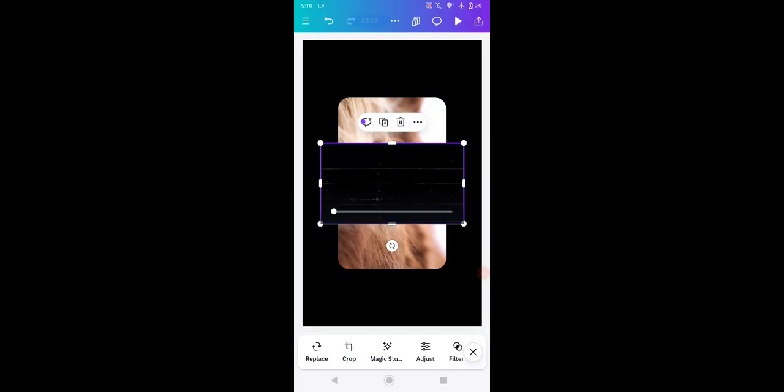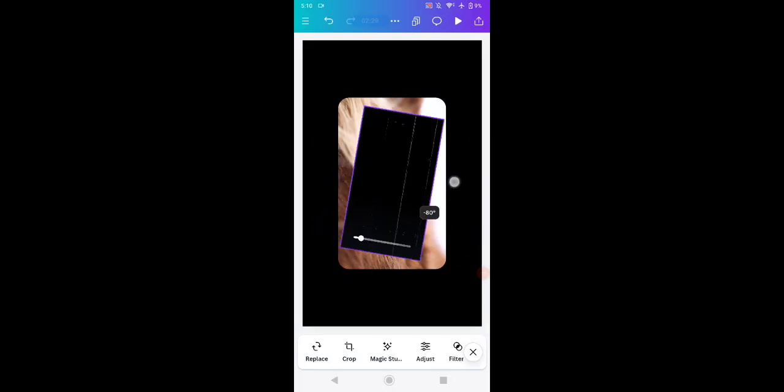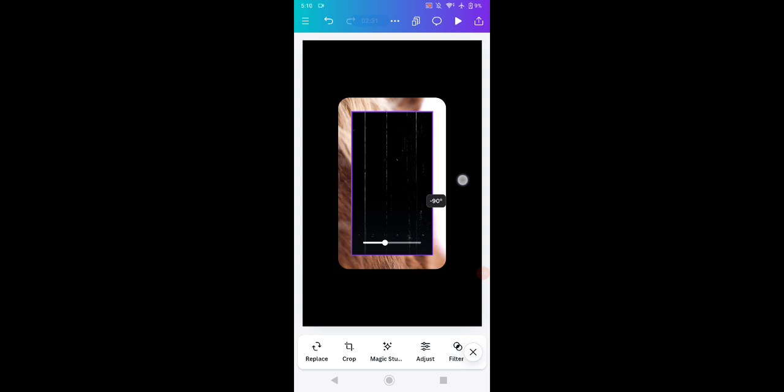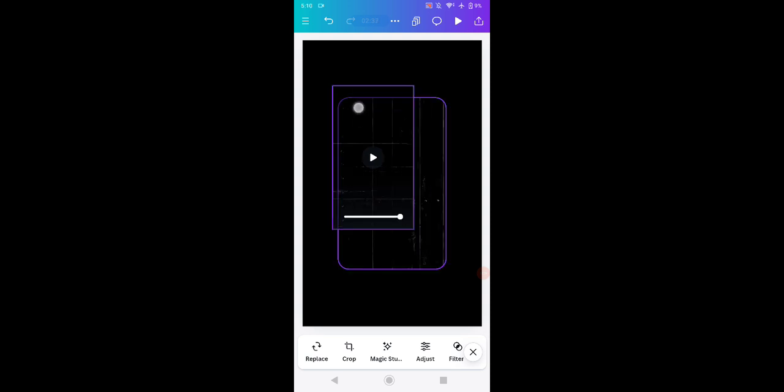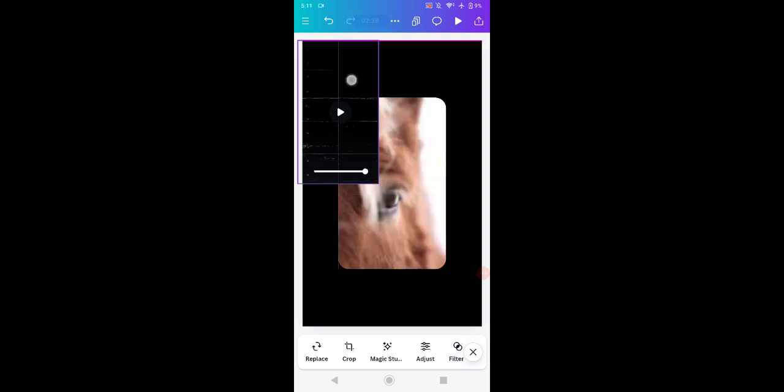Okay, you need to use this effect and then add it to your design or video, and then make the effect into vertical position like this. Then after you adjust the size of it, make sure that it's covering all of the design that you already